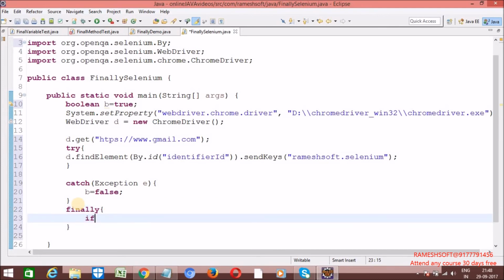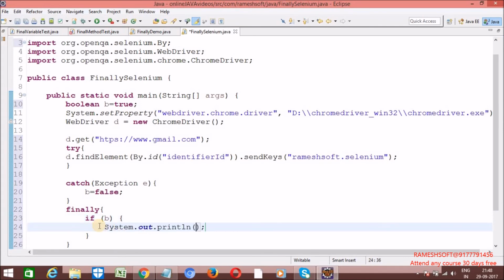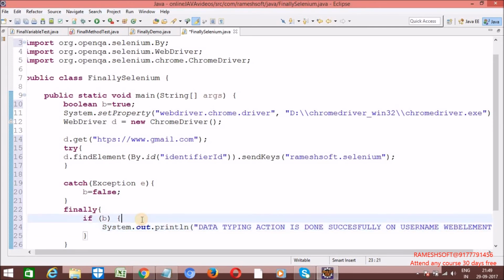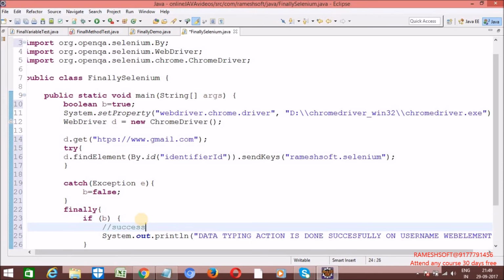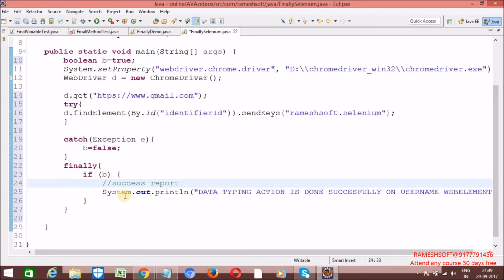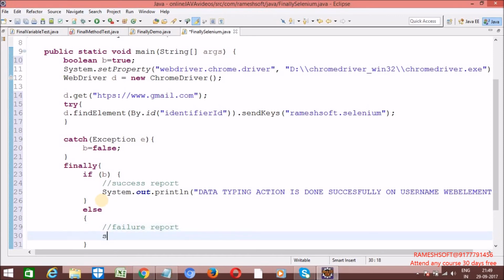Finally, so here what I'm doing is: if b is true, I'm printing SYSO, data typing action is done successfully on username web element. So here I'm printing success report, like success report. We'll see at framework level. So if it is false, it means else. So it is failure report. Failure report. SYSO of